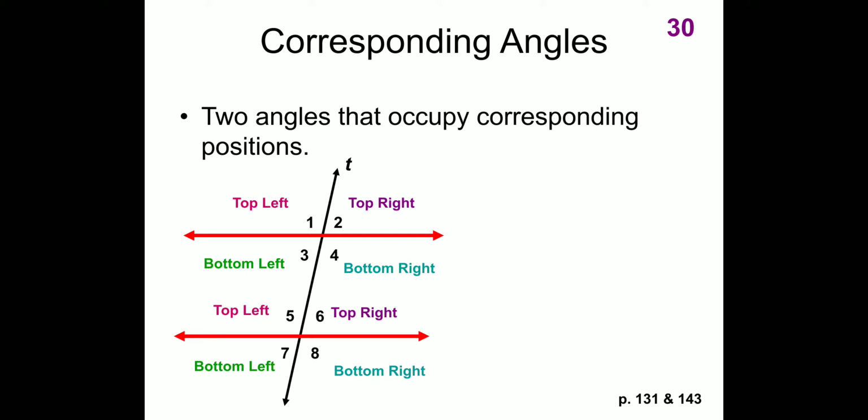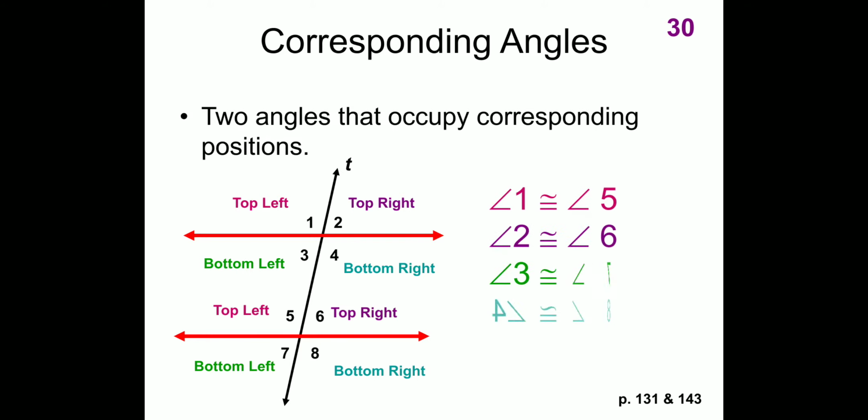So what are corresponding angles? How will you find them? The top left number is equal to the top left second number, and bottom left first number corresponds to bottom left 2 number. So 3 is congruent to 7, 2 is congruent to 6, 4 is congruent to 8, and 1 is congruent to 5. This is how we see the corresponding angles.